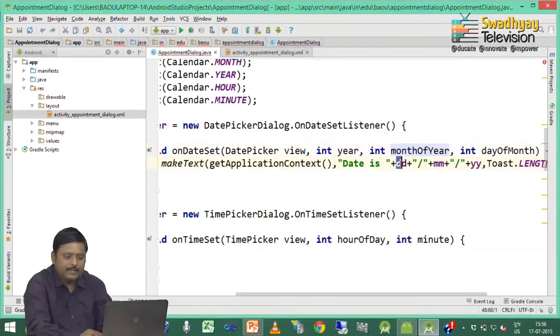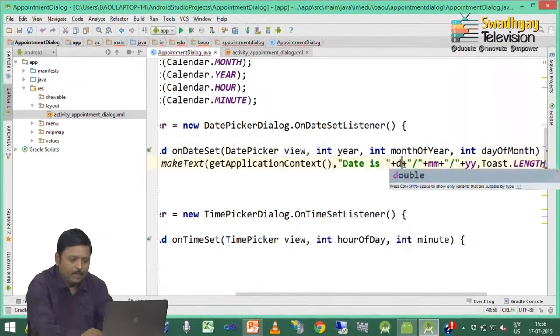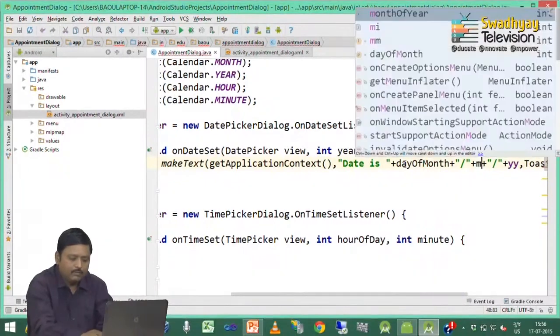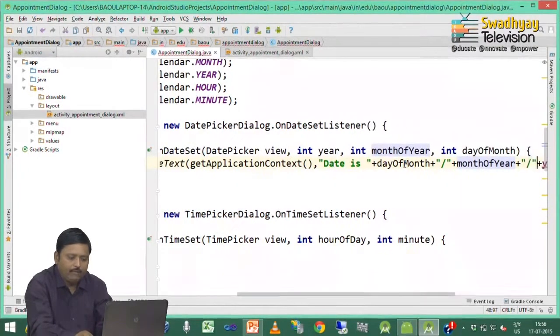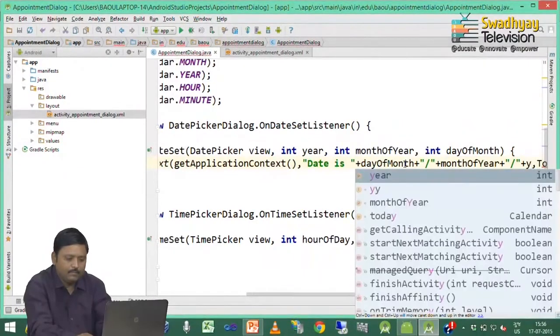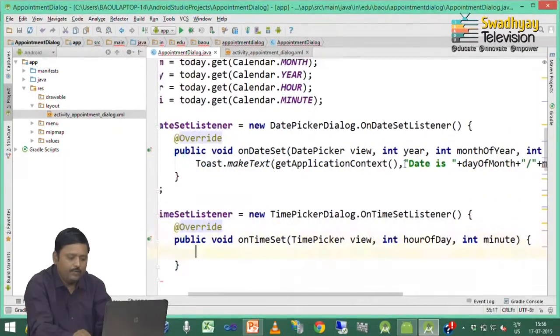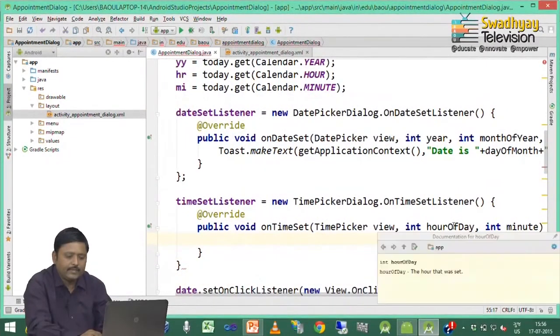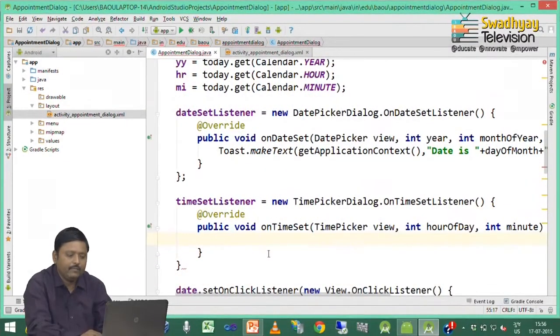So, I am replacing this DD with day of month, MM with month of year and YY with year. So, we will always get the correct value. Likewise here it represents current hour and current minute.